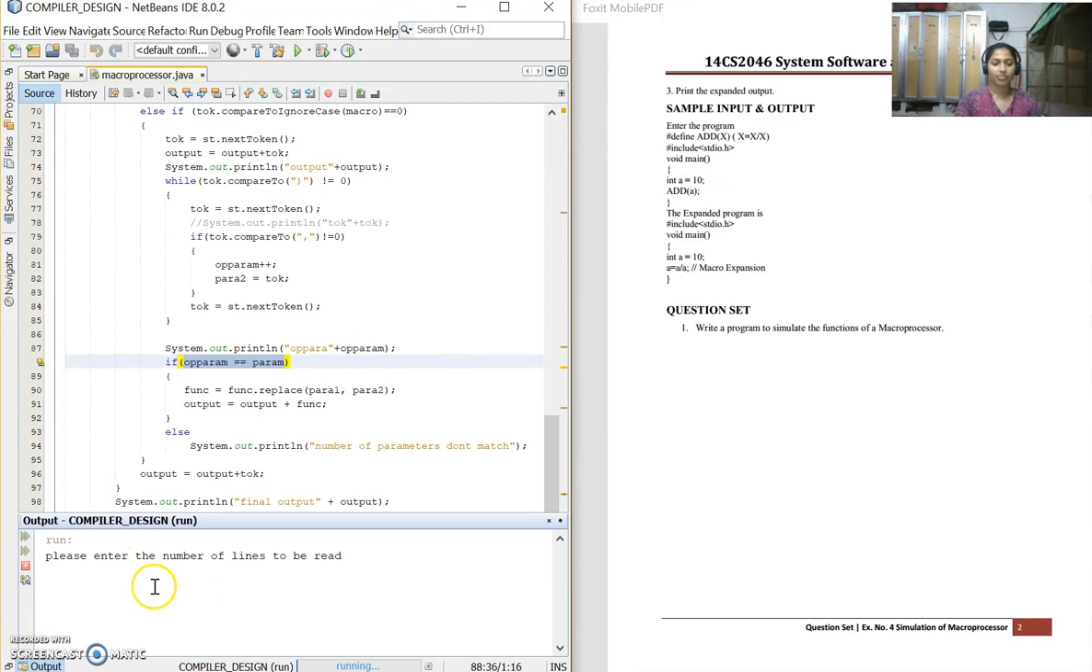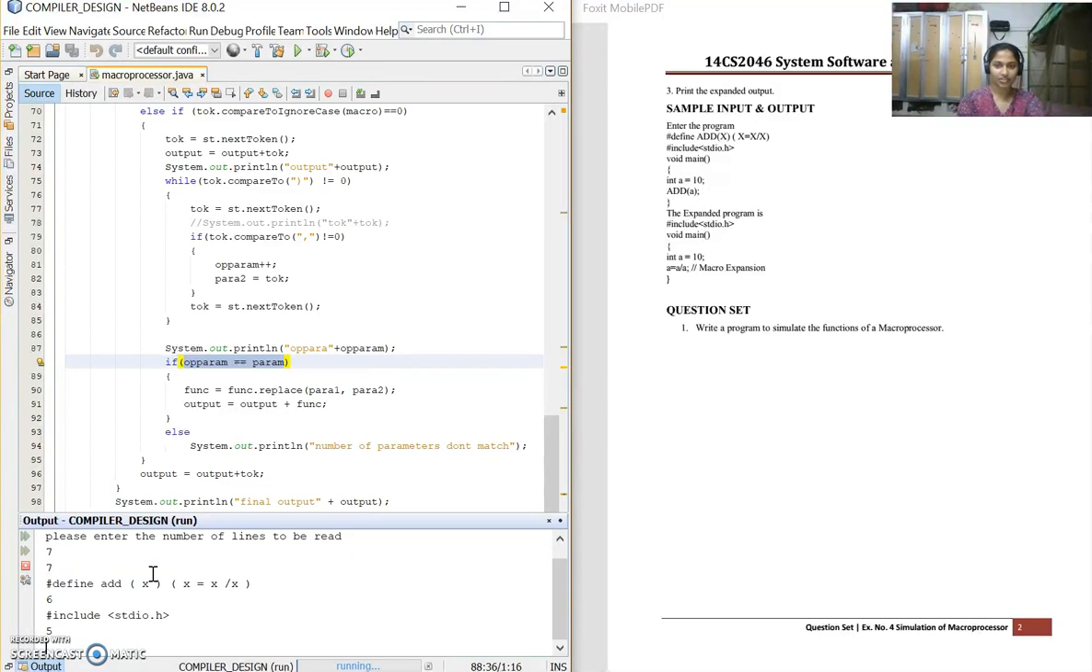We have to enter the number of lines that are to be read, so I'll enter 7. Now the countdown starts. I have to write this #define. I'll give a space, add, the variable name, x is equal to x divided by x. Next, I'll say #include stdio.h,